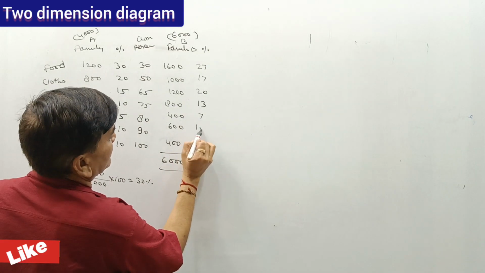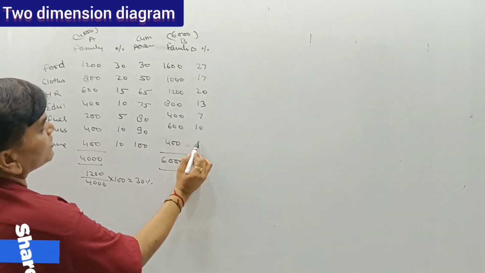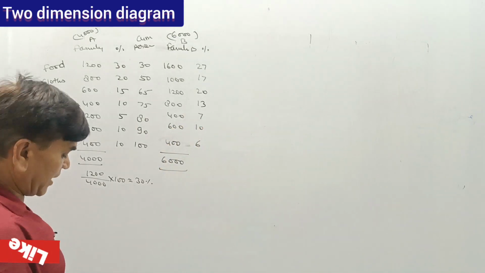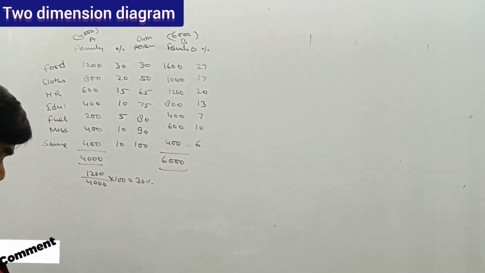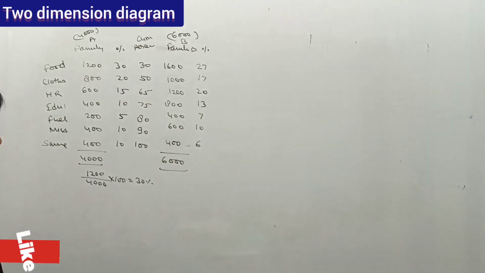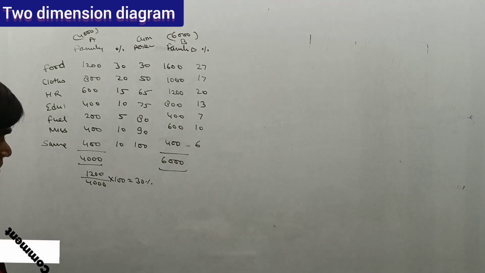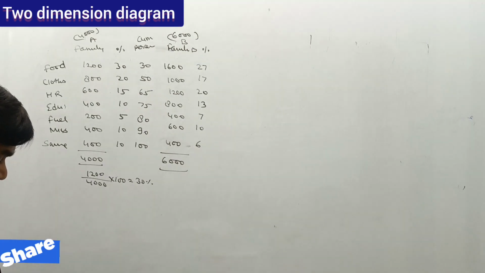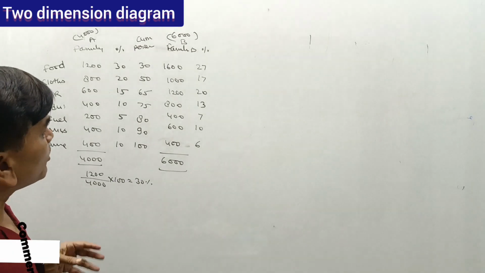Then 10%, and 7% or 6%. Here we are adding 27 plus 17 plus 20 plus 13 plus 7 plus 10 plus 6. So both are 6.5